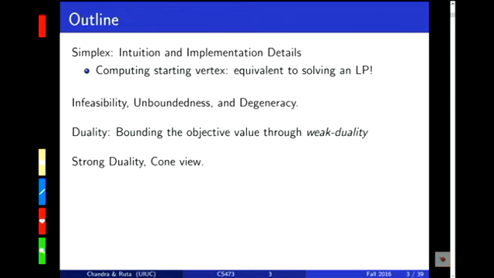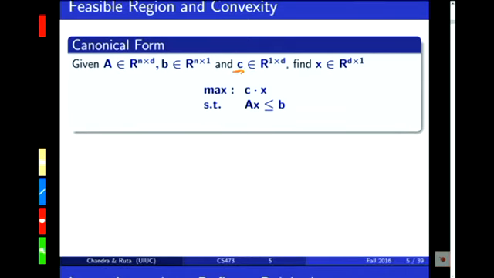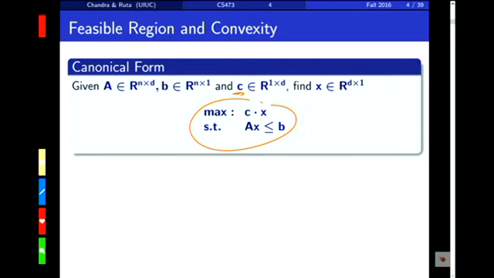Okay, so let's start with what the problem was. We had a matrix A, which had n rows and d columns. The rows correspond to constraints, and the columns correspond to variables. And a right-hand side vector and a cost vector. And we want to solve this problem. Because we want to maximize the linear function over these constraints,